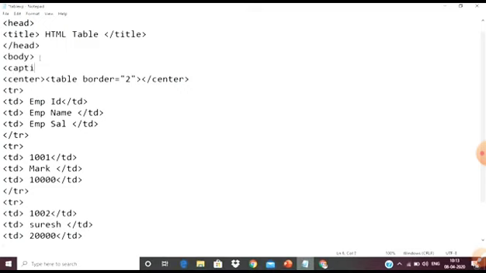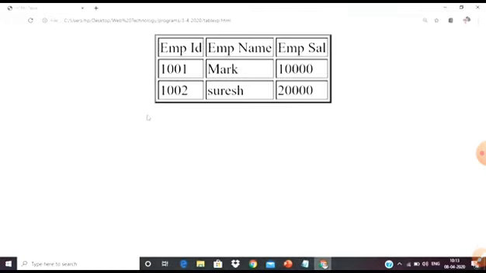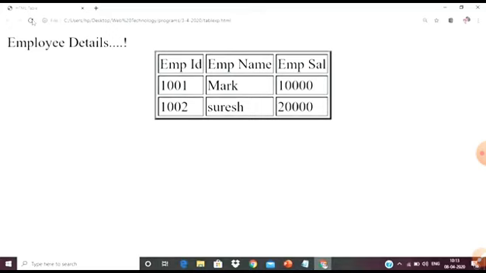And if you want to put a caption, meaning you want to give the name of your table outside of the table, meaning you have created the table related to employee details, and above the table you want to give the heading, the caption is used for the heading. So now you can see the caption heading given here. Now it is showing employee details, but it is not in the center.